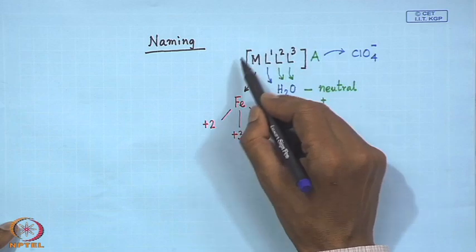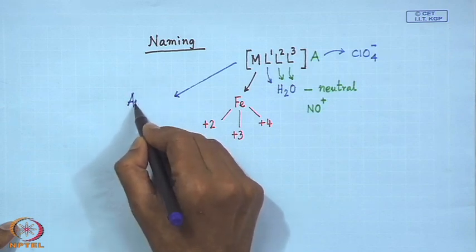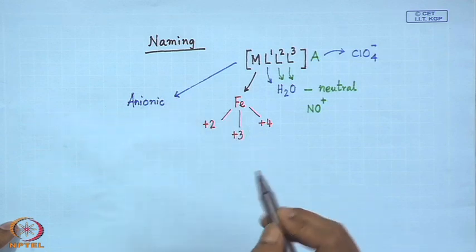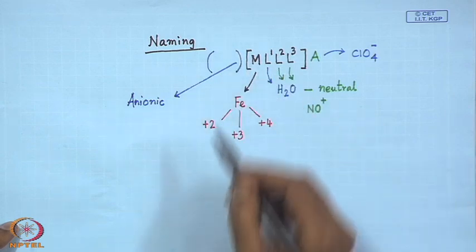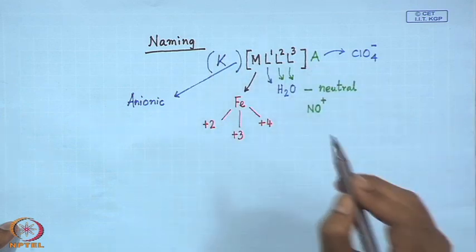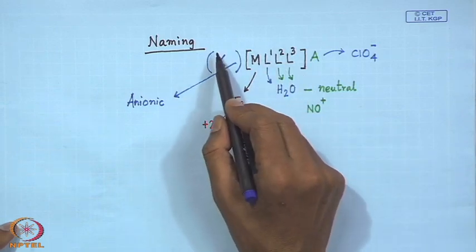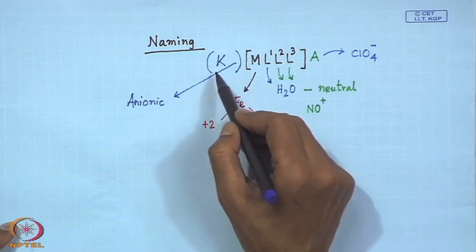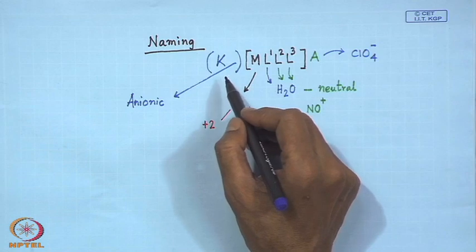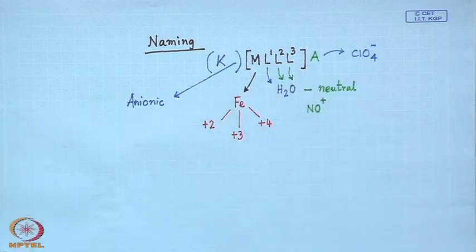Similarly, this particular complex species can also be present as an anionic fragment, and in that case, to balance the charge, we will have some cationic species like A. So, depending upon the charge on the anionic complex part, we will have the corresponding cationic species. It can very well be potassium ion or sodium ion or ammonium ion, and the corresponding charge, that means how many potassium or how many sodium or how many ammonium ions would be required to counterbalance the charge on the anionic complex. So, in the second part of this nomenclature of the complexes, we will see